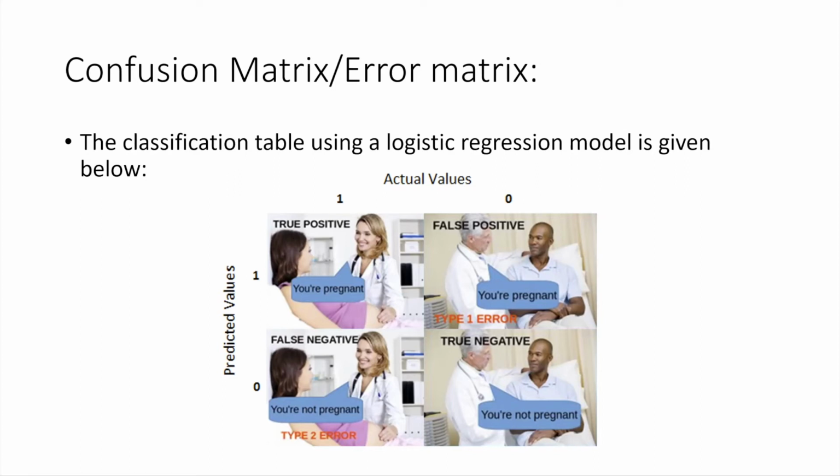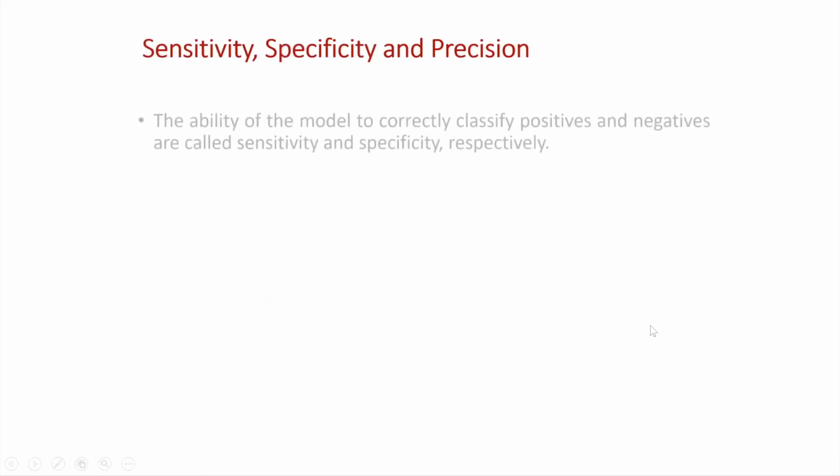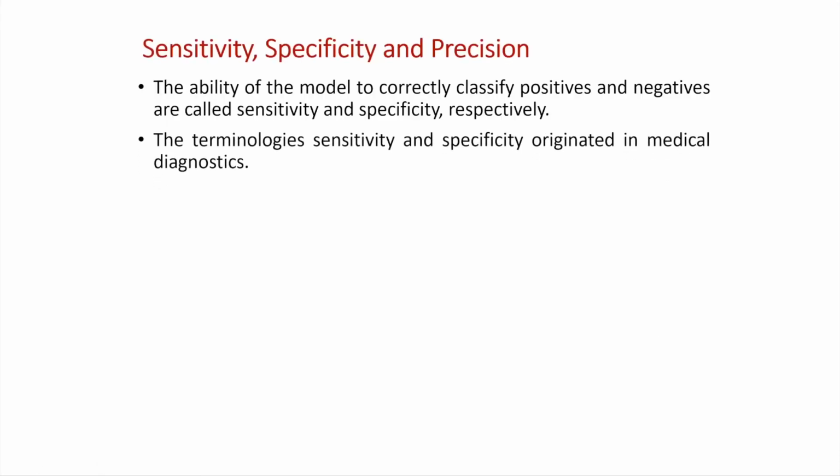So this confusion matrix actually gives you various indicators. Now you must have studied statistics, in which you can explain what a type 1 error and type 2 error are. So we try to see how these actual and predicted values help us in predicting whether the logistic regression is correct or not. We'll see the efficiency of the logistic regression by understanding this confusion matrix. Now there are various parameters on which you can check it, called sensitivity, specificity, and precision.